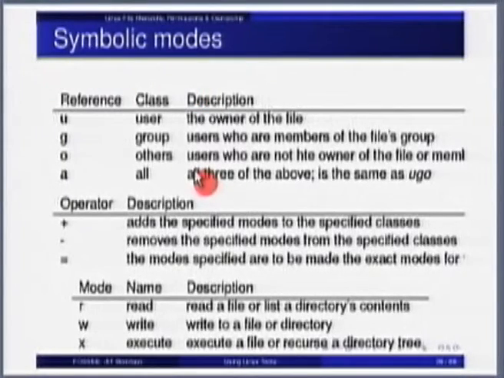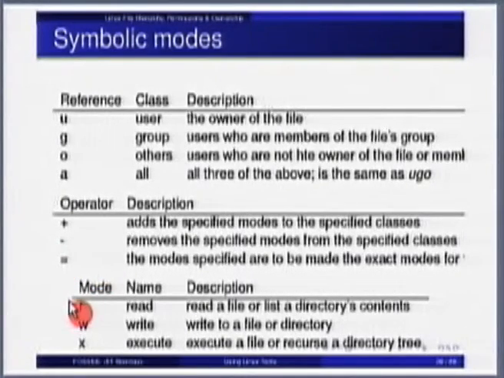Yeah, so okay, it's a good idea to see this also. U for user, G for group, O for others, meaning outside the group. A is for all, in one go, it includes the user, group and others. Plus is for adding the specified permission, minus for removing. Equal to means you specify what mode it is supposed to be in.